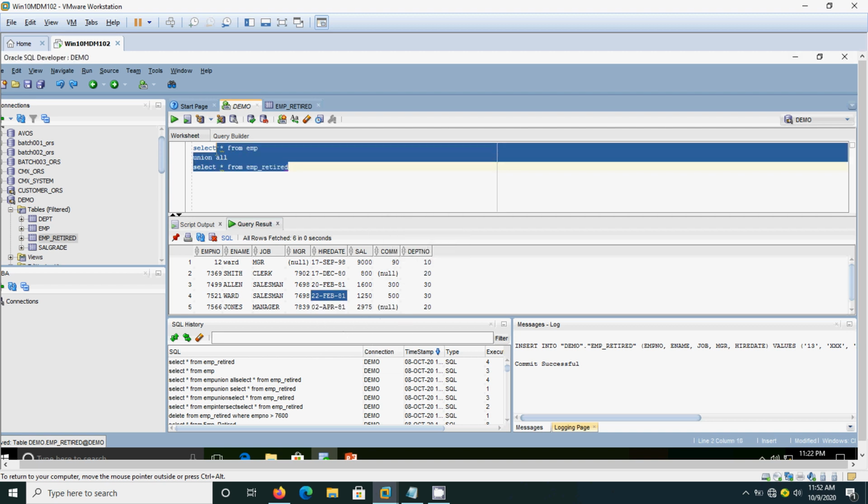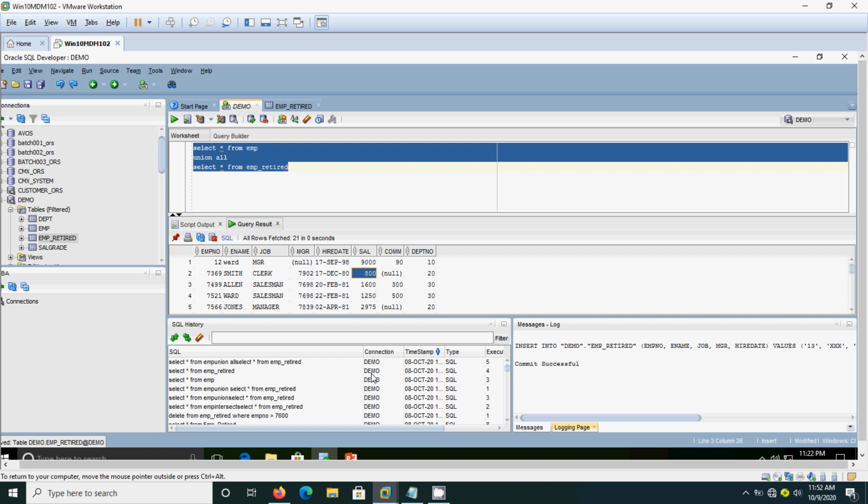But if you put union all, it shows the combination of the results. So 15 plus 6 is 21. It shows the entire records and it never suppresses the duplicates.